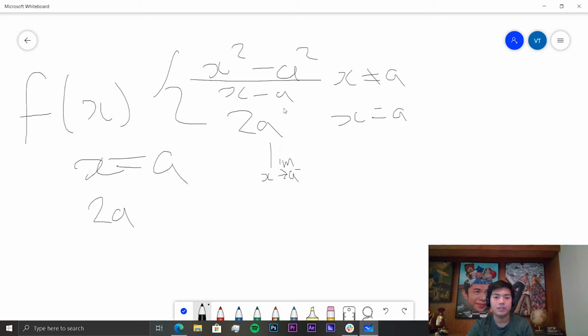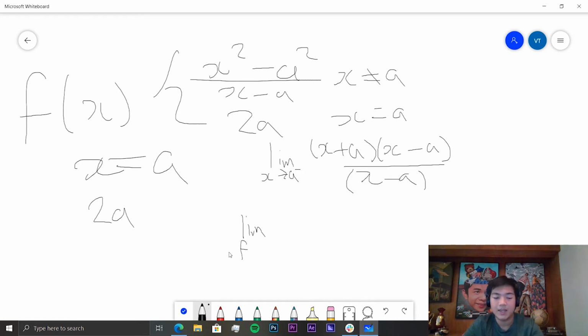As this approaches a, it's pretty hard to do this without a graph. But what we can do is factorize this into (x plus a) times (x minus a) over (x minus a). So the thing is, if we're working in a limit, we can say that the limit of x, again, x